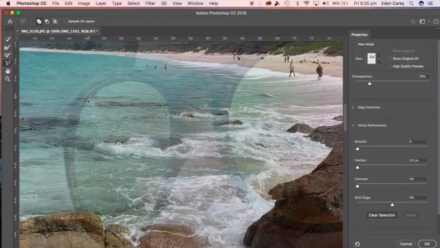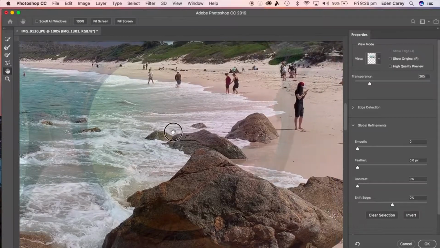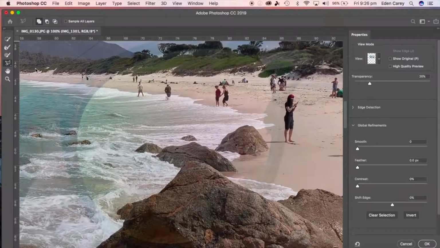This may take a little while, but I'm going to go very, very carefully, and the more careful you are, obviously the better quality that you're going to get. I'm going to do this really fast and a little bit zigzaggy, just for demonstration purposes, because I don't want this going on forever. But as you see, as I'm doing a pretty shoddy job, I'm missing a lot of spots there. Okay, grab that hand again, move over to the next side, grab my lasso, and I do the